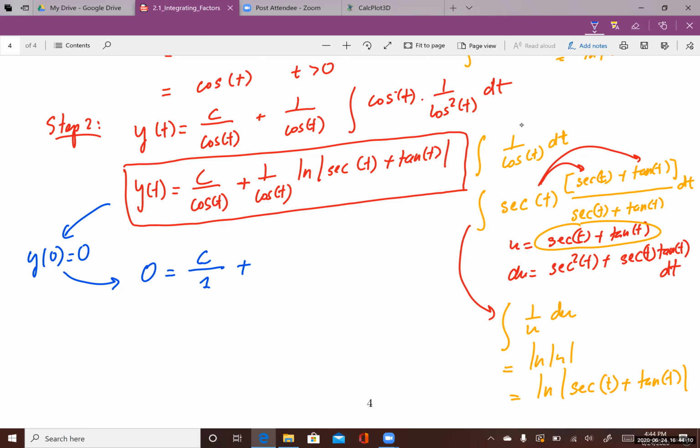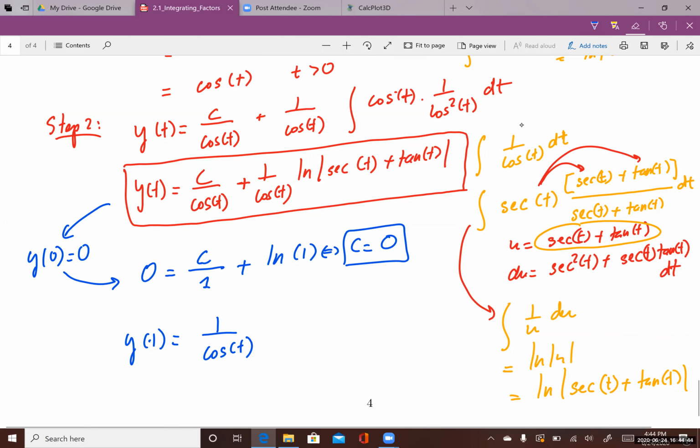Secant of 0 is 1, and tangent of 0 is 0, so it's natural log of 1, which is 0. So what does it mean? That means c equals 0. If c equals 0, then the particular solution that we found is 1 over cosine of t times natural log